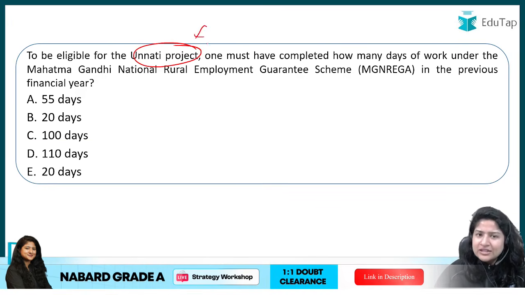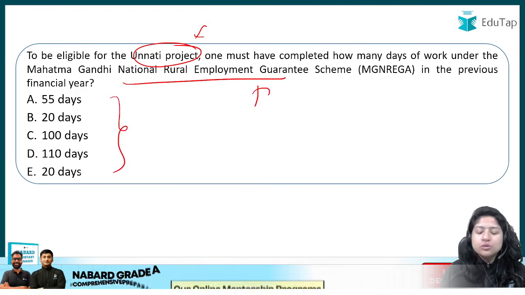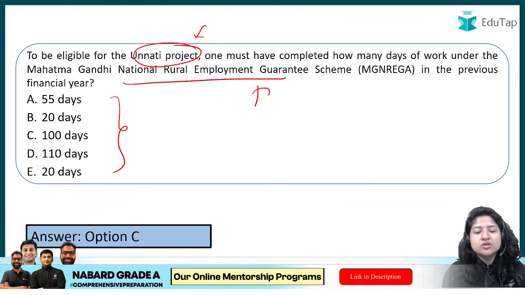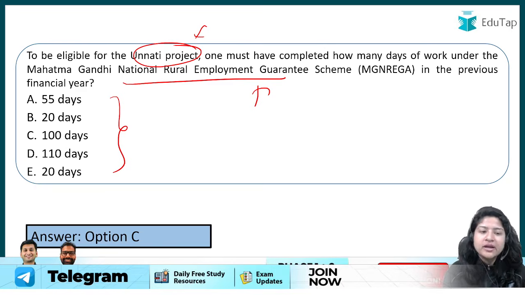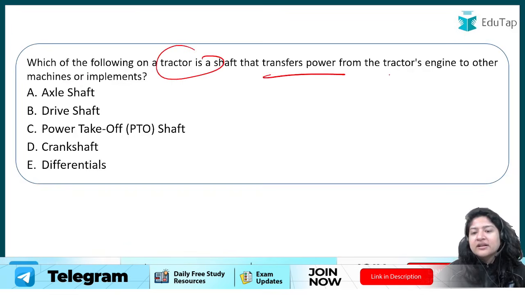So to be eligible under Unnati project, there has to be some criteria met under MGNREGA. So that question was asked, ठीक है। तो कितना days होना चाहिए to be part of Unnati project? So how many days must be completed under MGNREGA? 100 days, ठीक है। Next is which of the following on a tractor is a shaft that transfers power from